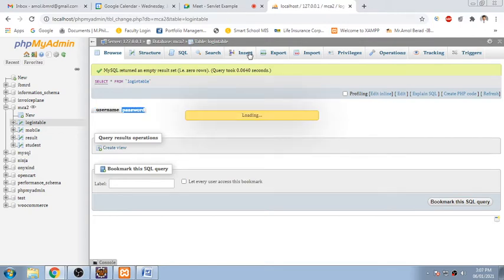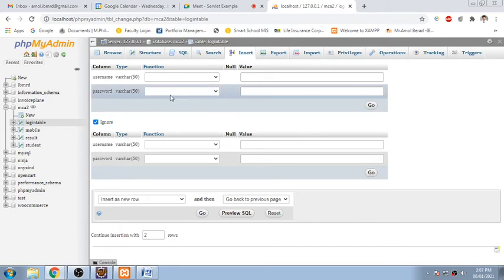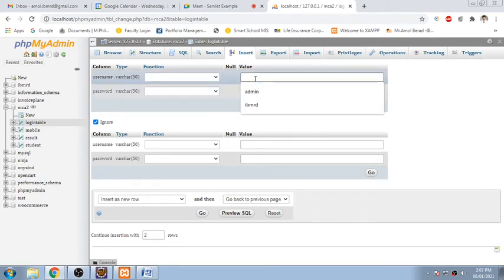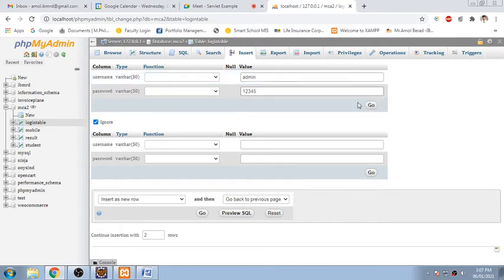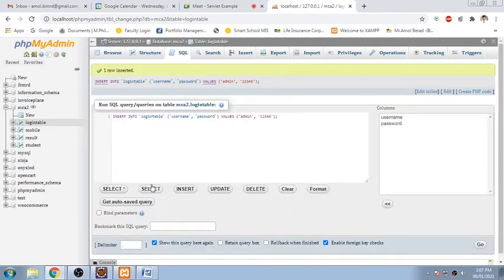If you want to insert into it, username and password are the two fields of the table. I want to insert a record, so I'm clicking on insert, and the first one we'll call admin, and the password will be 12345. So this will be added, one record.